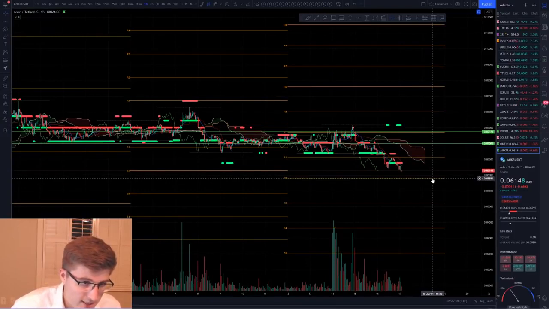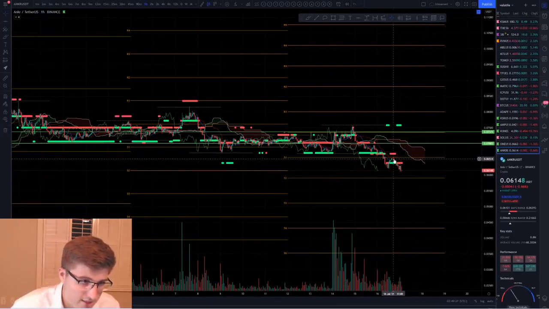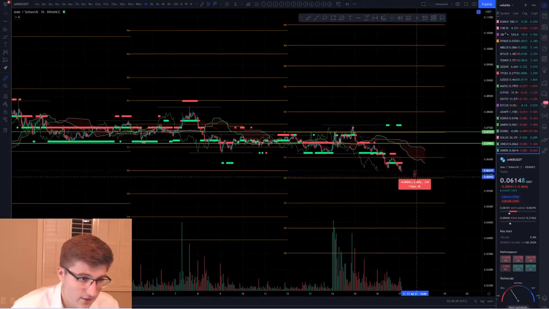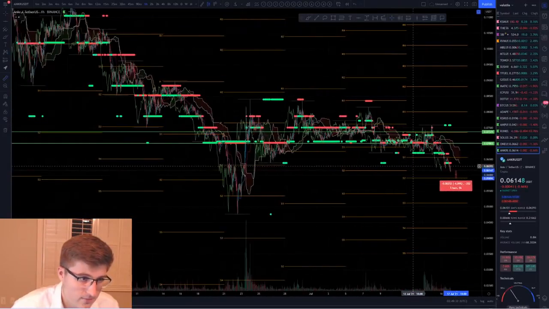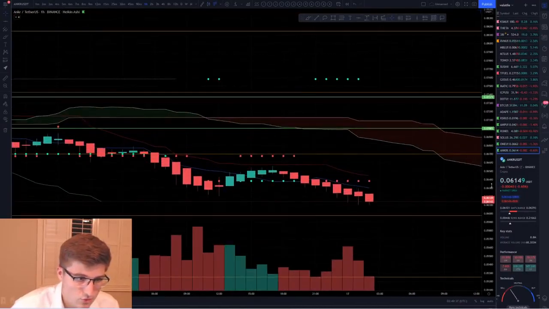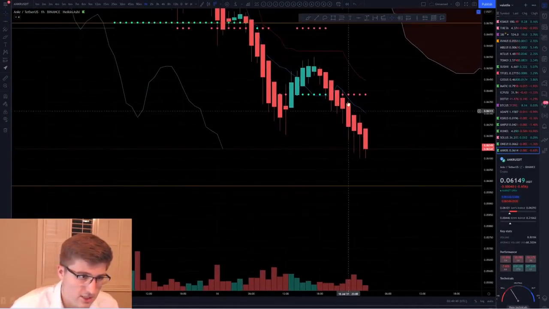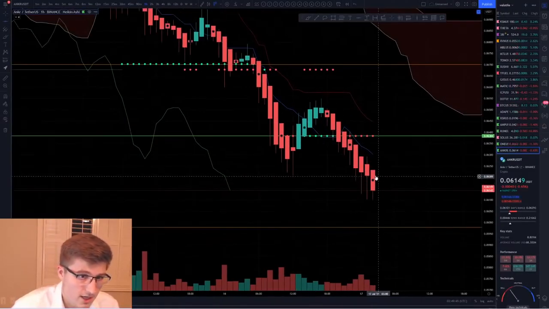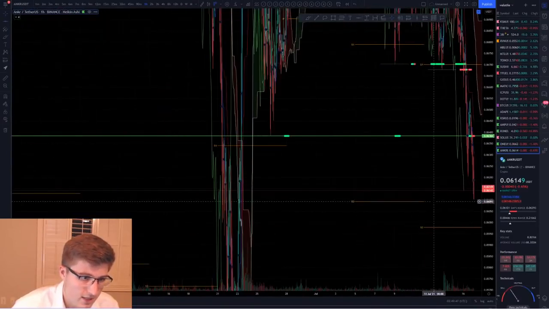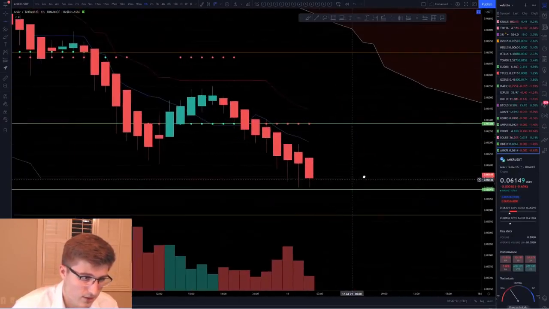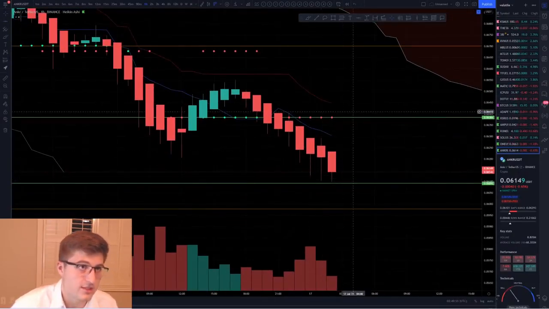We'll probably come down to this S2 level here because we did retest the support one, which is around 65. I would maybe say 58 wouldn't be a bad guess for Anchor. Let's go look at Ichimoku. All right, we do see bars to the upside. We do have a resistance level here though, 63. And we do have this S2 level down here that we could bounce off of. We kind of already did bounce off of it, and we are looking still bearish.